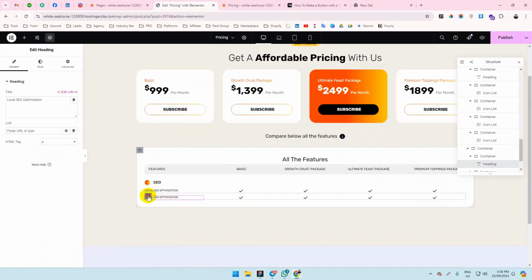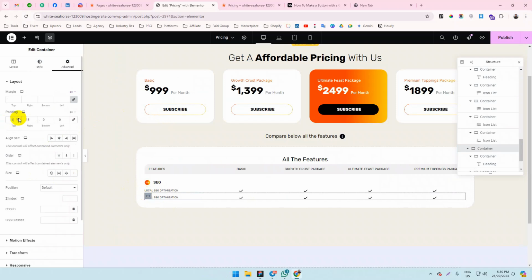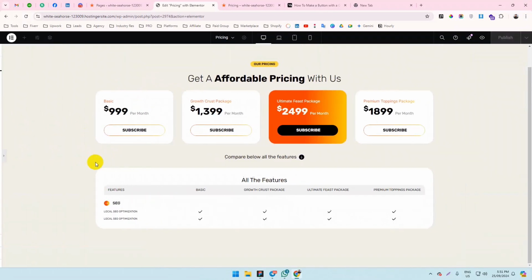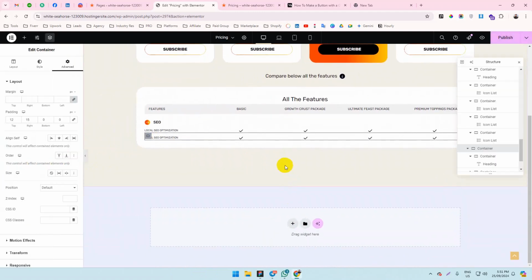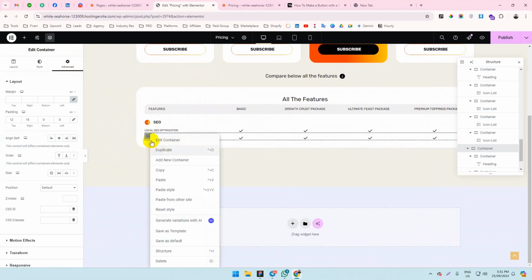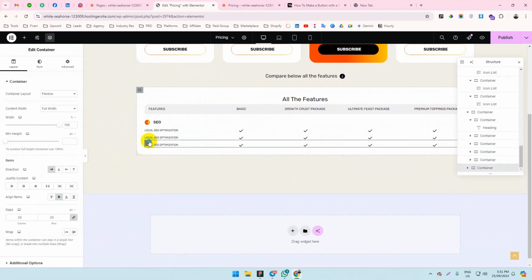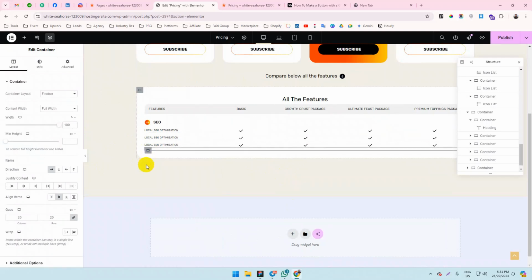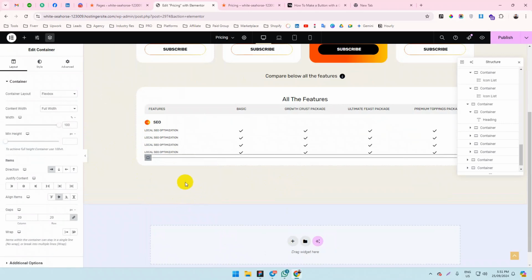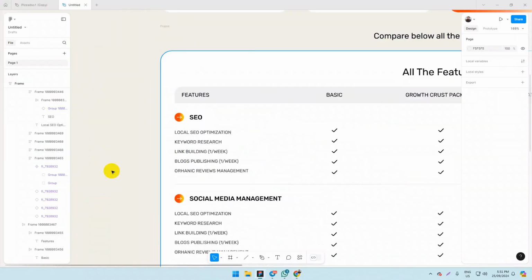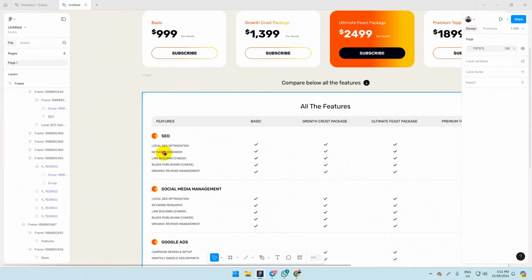So 12 pixel padding top, it's okay now, it's enough. Now we can just duplicate this item and we can just change it. So for the bottom sections, it's the same way we can use. We can just now change the content,